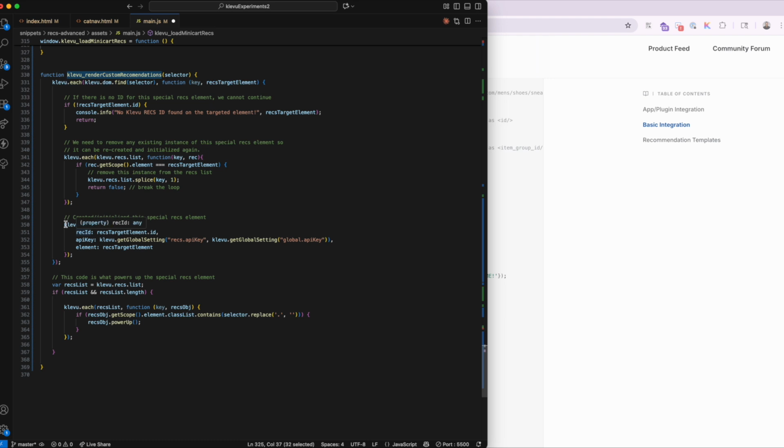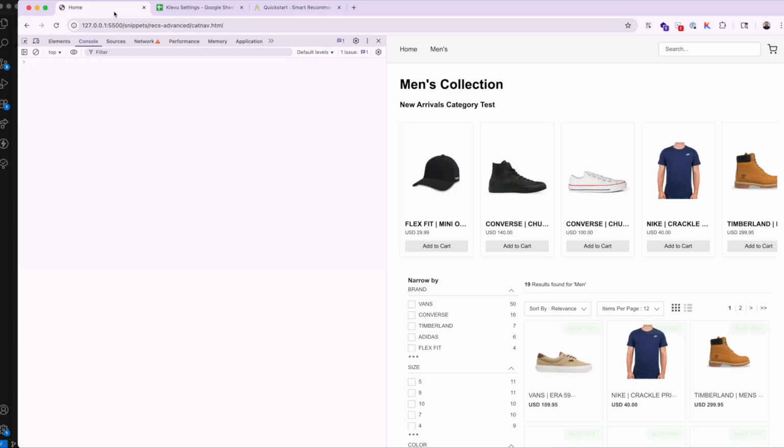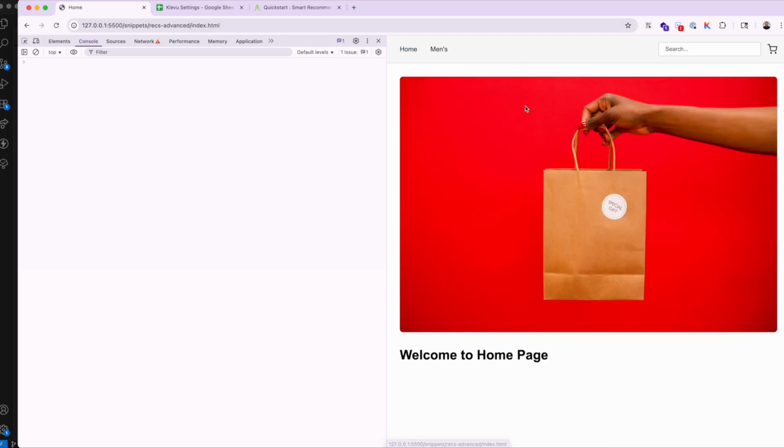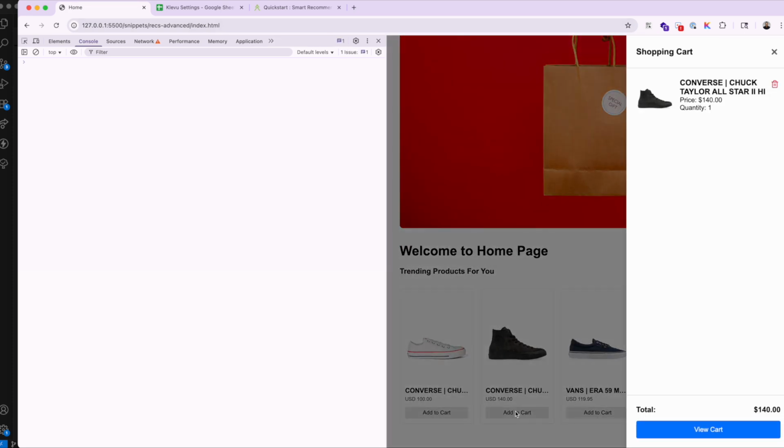So this is the creation, initialization. This is the powering up of the thing that was created, initialized, whatever you want to call it. But that's the way that it works. So that's what this code does. And so if we save this and come back to our demo, go back to the home page or anywhere where we've got an add to cart. Now when I add to cart,